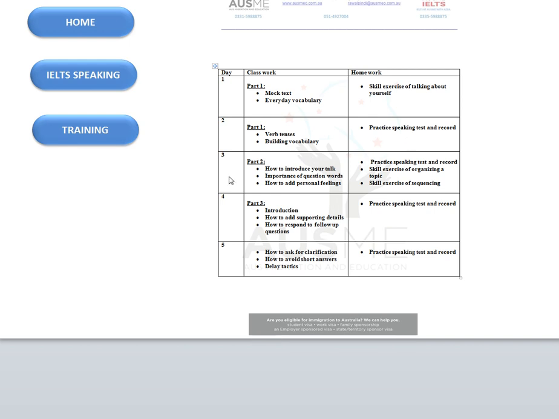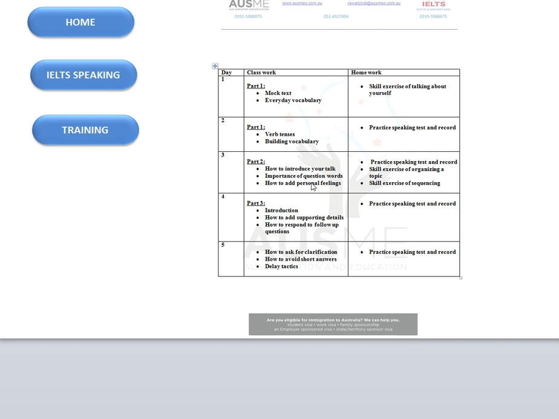So moving on to the third day, we'll move on to the part 2 of our speaking test, in that we teach you on how to introduce your talk. So specifically when you get a topic, how you should start talking about that topic. And then we tell you the importance of question words. So we teach you what's the importance for those specific question words that you have in